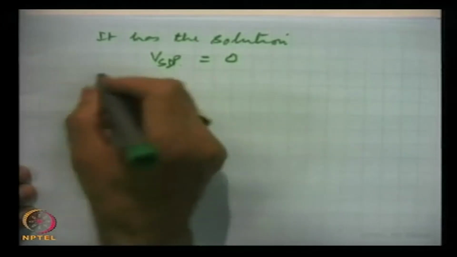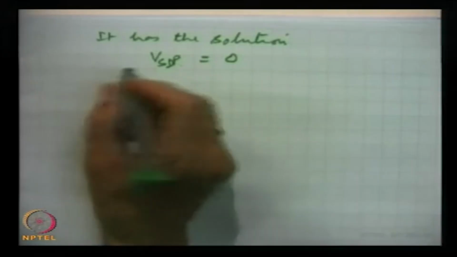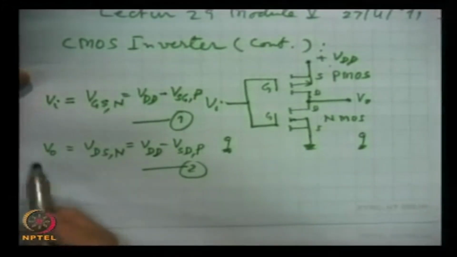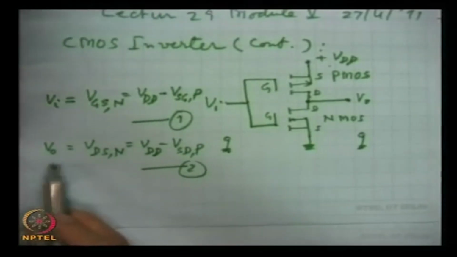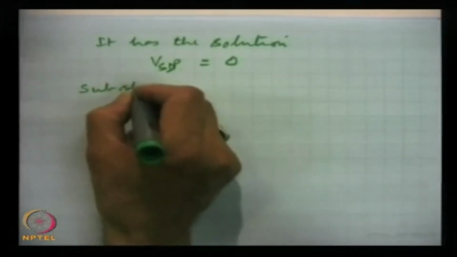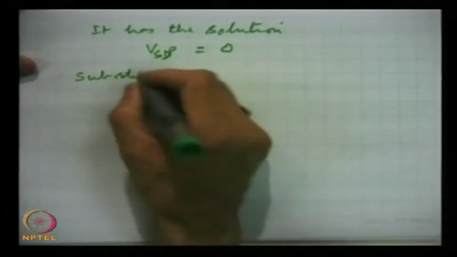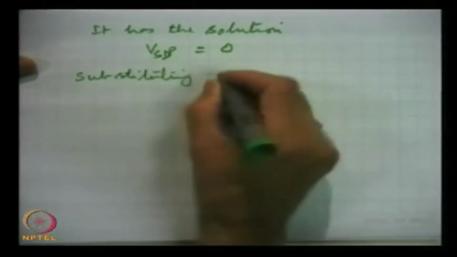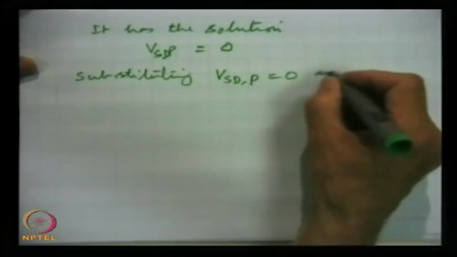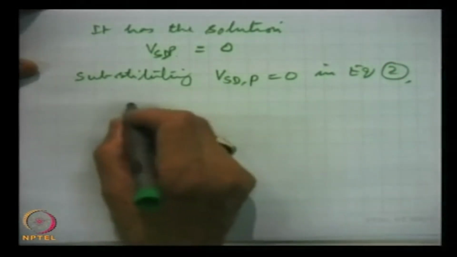Now, substituting this in equation 2 here, VSDP is 0, that will tell us what will be the output in this equation. So, substituting VSDP equal to 0 in equation 2, we have V out